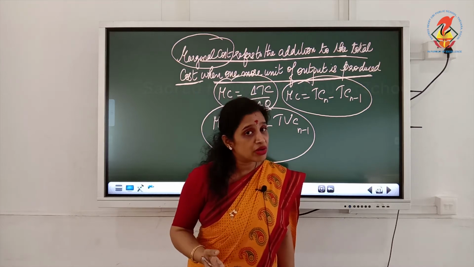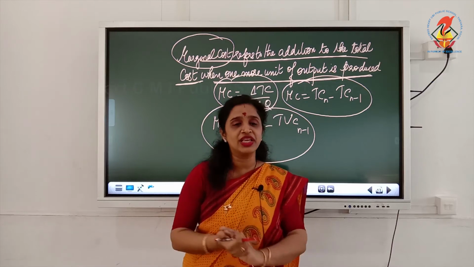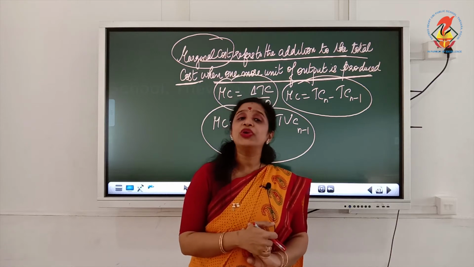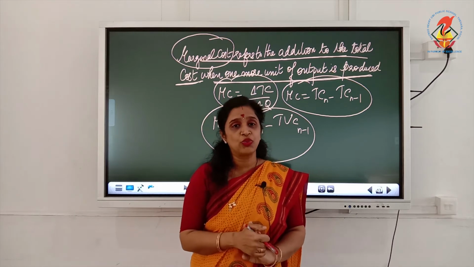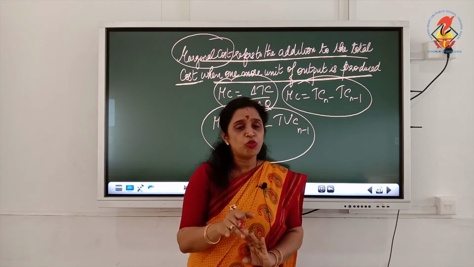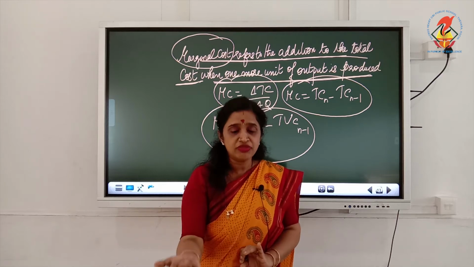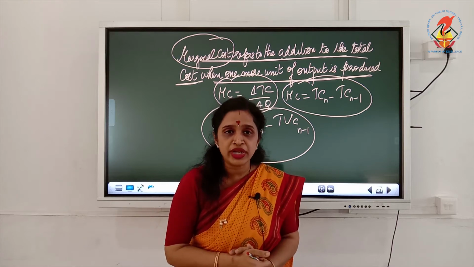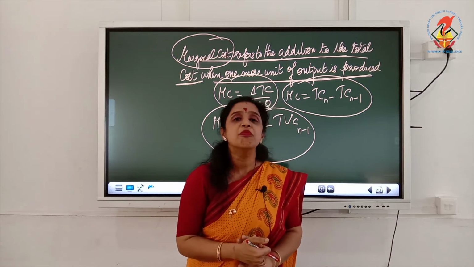So what is meant by marginal cost? When you produce additionally, some additional cost is involved. That is known as marginal cost. So how will you define marginal cost? Marginal cost is the addition to the total cost when the additional unit of output is produced. From the existing output, if you want to produce something additional, you need an additional cost. For example, 10 chairs are produced. For that, a particular cost amount is required. In order to produce the 11th one, you need an additional cost. That is known as marginal cost.